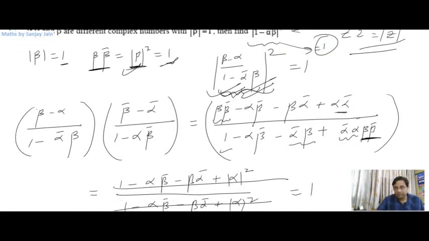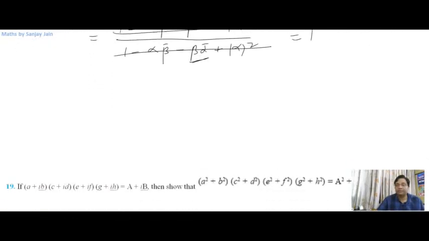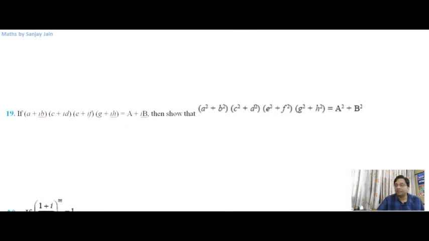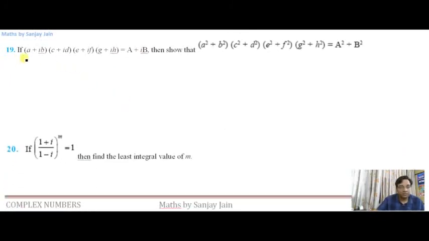I hope you would have found this question very simple. So let us see what do we have next. This is, I think, probably the simplest question of this exercise, because if this is equal to a plus iota b, then we need to show this expression. And to generate these a square plus b square, what I'll do is I'll take modulus of this expression.